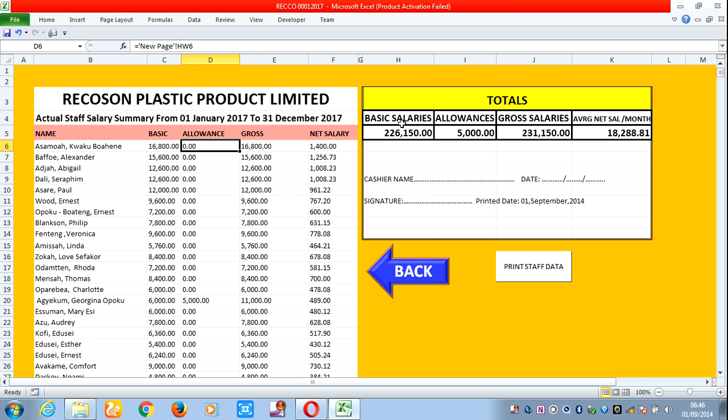The basic salaries that you have paid so far is 226,150 Ghana cedi. Allowance paid 5,000 Ghana cedi. Gross salary paid when you add the two is 231,